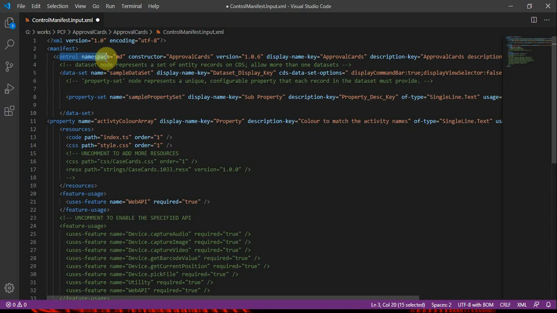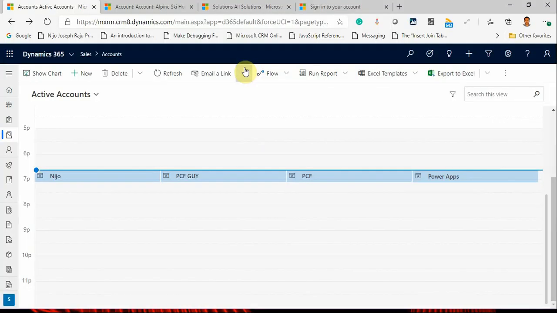Now another difference in the dataset manifest file is that it has a tag called dataset. Microsoft by default provides a comment for this tag itself. You can see it here. Dataset represents a set of entity records on CDS, which means if you go back to your example,